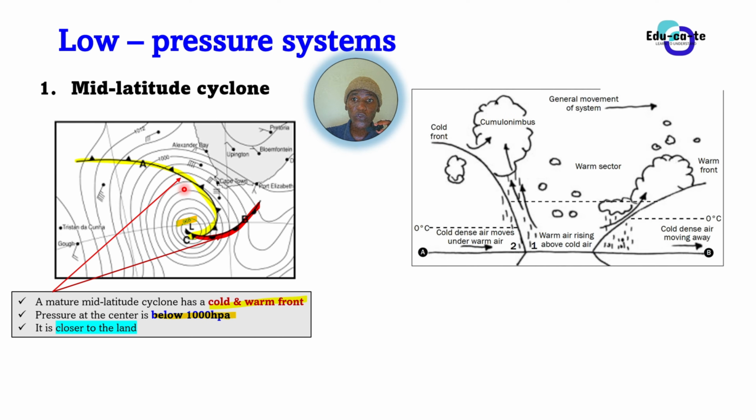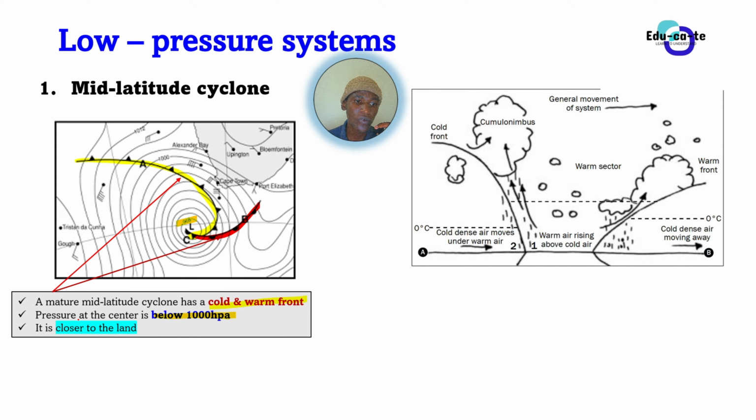You can also be given a diagram like this one, which is known as a cross-sectional view. A cross-sectional view basically tells you the side view. How does the mid-latitude cyclone look when you look at it from the side? We assume that you are having the mid-latitude cyclone at your side, and you're looking at it straight on with your eyes. This is how it looks. The synoptic weather map view is the view that the satellite actually gets, not you.